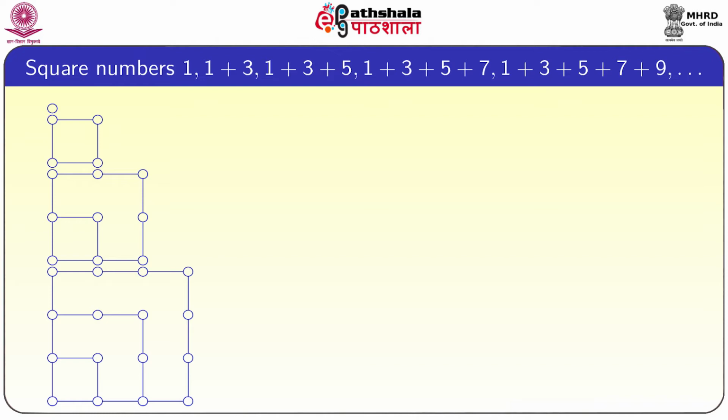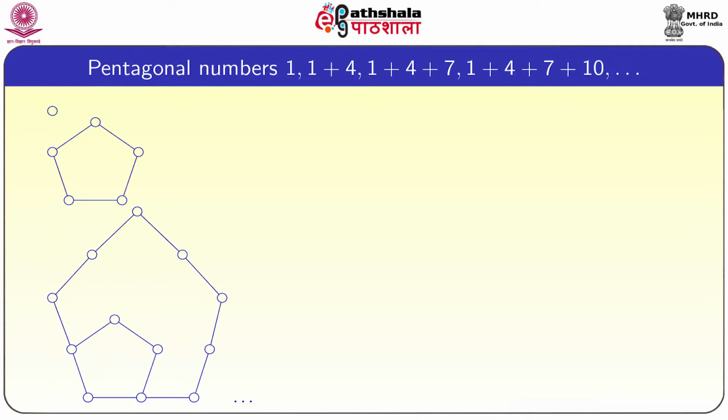So, all these points are placed equally and they form a polygon. That is the reason they are called polygonal numbers. In particular, these numbers are forming a square. So, that is why they are called square numbers. Similarly, we can look for pentagonal numbers as well. So, this is one of the reasons they are called figurate numbers. We are drawing them in a plane, so they are called polygonal numbers.